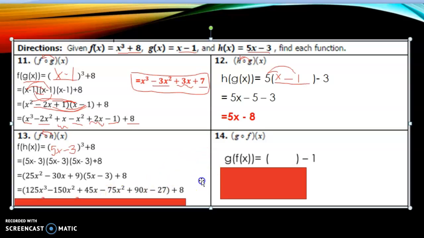Whew, we get some big numbers. When I distribute 5x to each thing, I get 125x cubed minus 150x squared plus 45x. Then I multiply negative 3, and I get negative 75x squared plus 90x minus 27. So the stuff that's like my x squareds get combined, and my x. And then